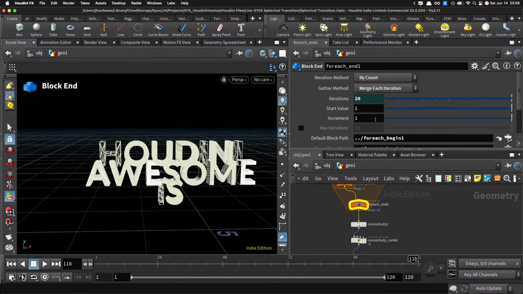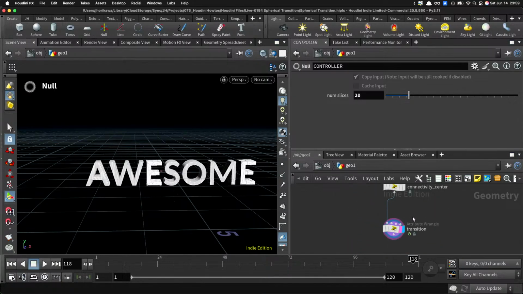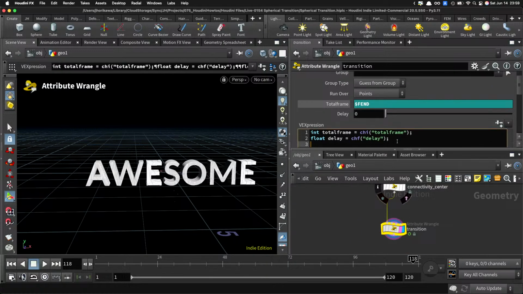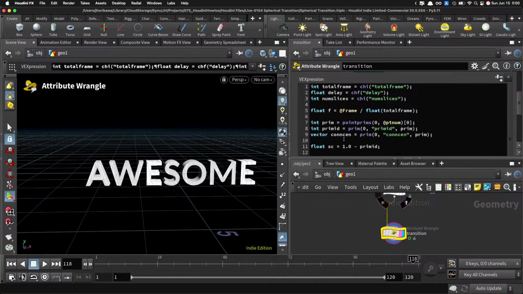So if we go back to a new node, copy this number of slices, go back here and get that value, and paste it here. So we currently have 20 slices and 120 frames. Let's say delay 0.32 or something. Okay, now having that information,